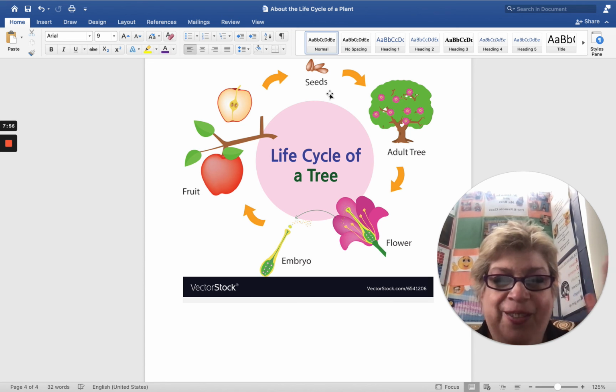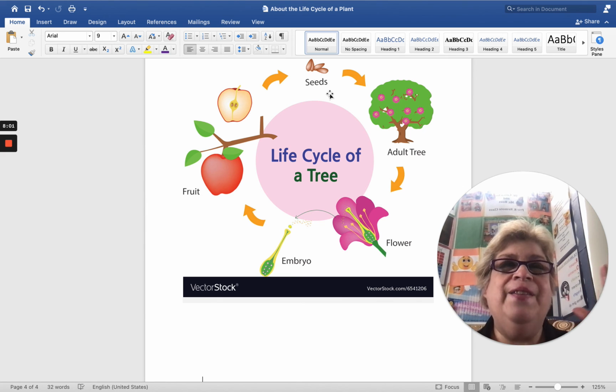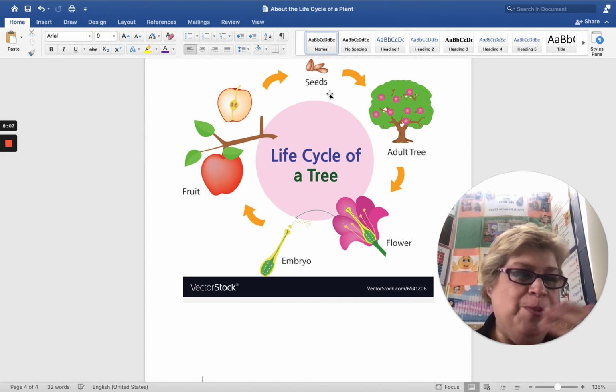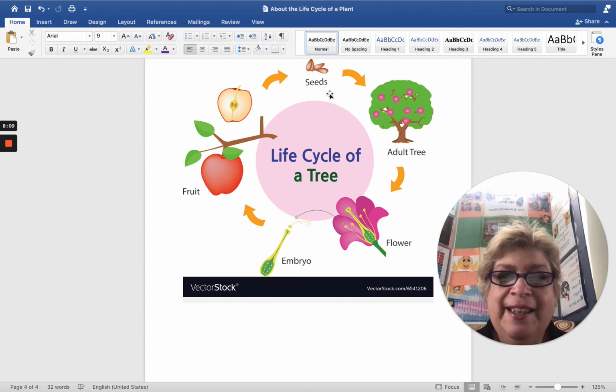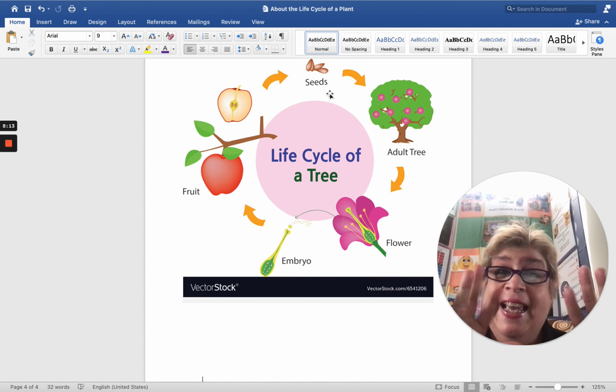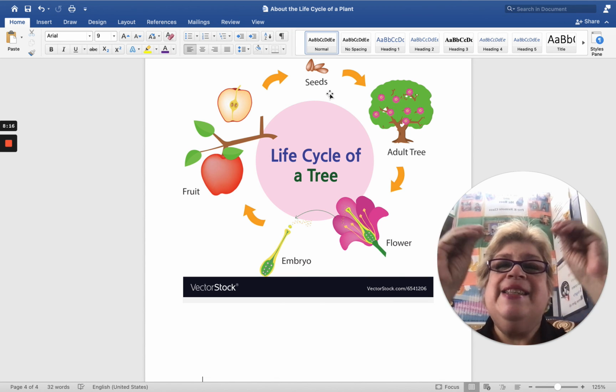I just love the life cycle of life itself. And all living things have to go through a cycle. You and I, animals, flowers, plants, and trees. And we can help with our own hands how to make these things grow.